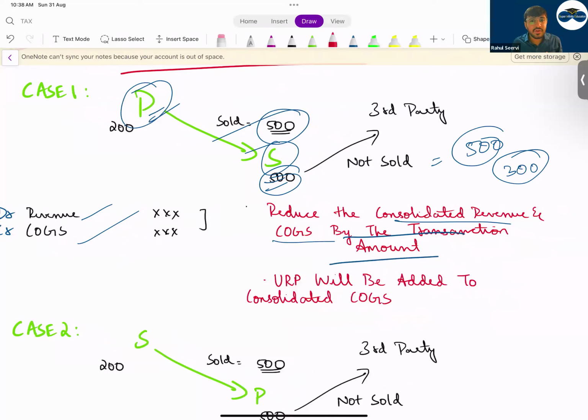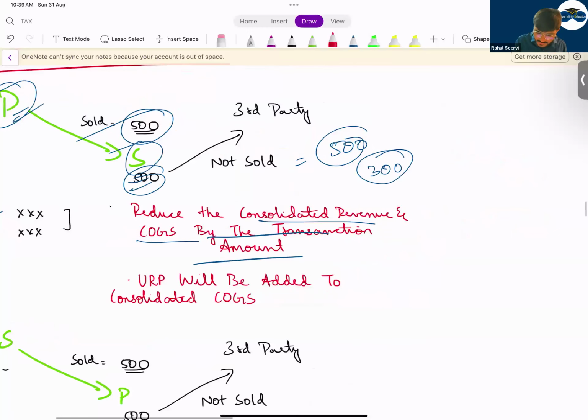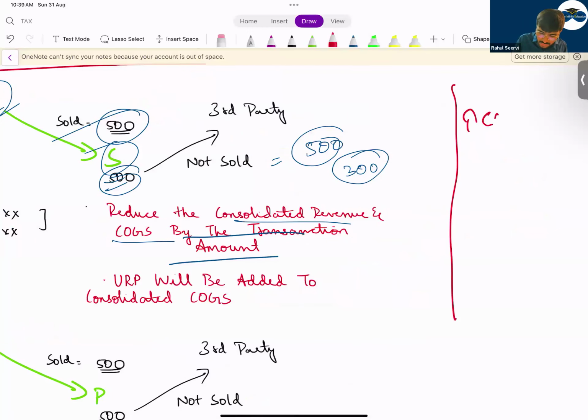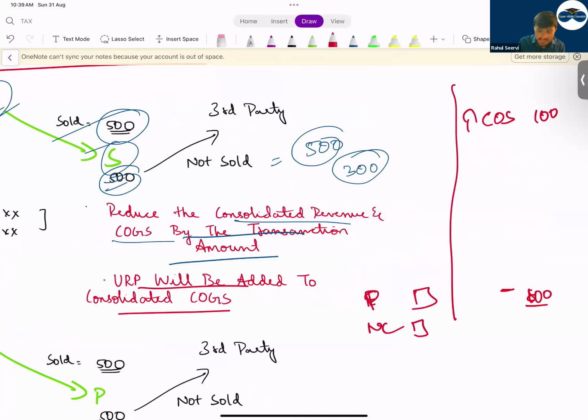So, the parent company has recorded the profit. Will it affect NCI? No. It will only affect the owner. So, what will you do in your adjustment? We will increase the cost of goods sold. Yes or no? URP will be added to cost of goods sold, and you will do the adjustment for parent also. Only parent, not NCI. Because in your draft P&L, the examiner will already give you parent profit is how much, NCI profit how much. But in this, they would not have done this adjustment. You have to do it.